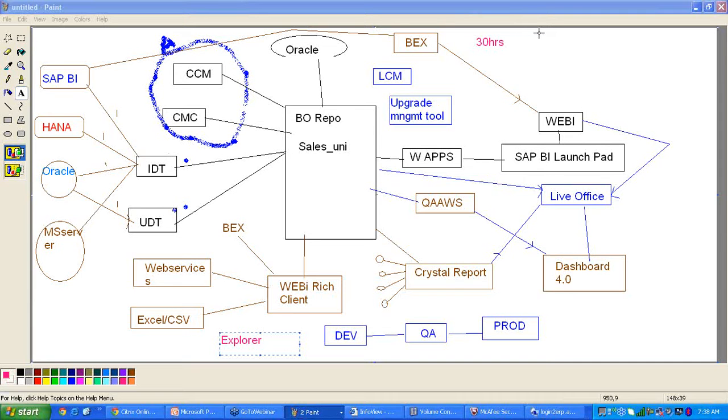Today I just gave the introduction to BO and the different components we have in Business Objects. Tomorrow the regular session I am going to start with the BI Launchpad, how we can create the Webi reports, so that I can cover Webi first. Then we'll move to the implementation of universe designing, then the rich client, Crystal Reports, the administrative part and the dashboard.